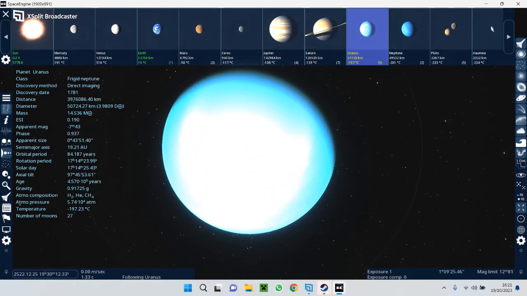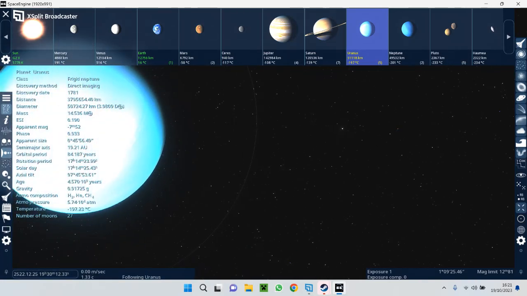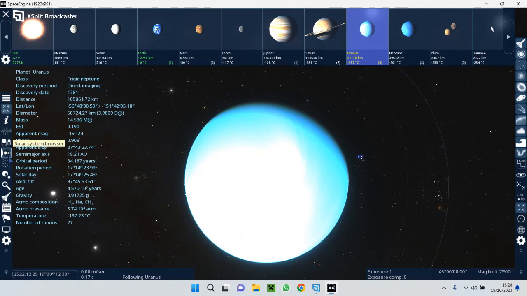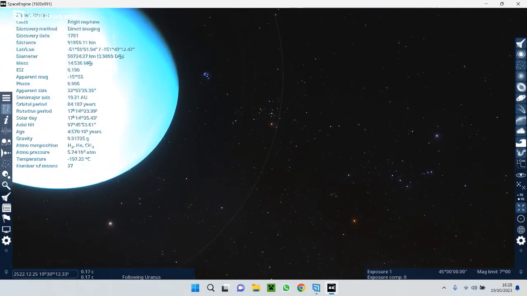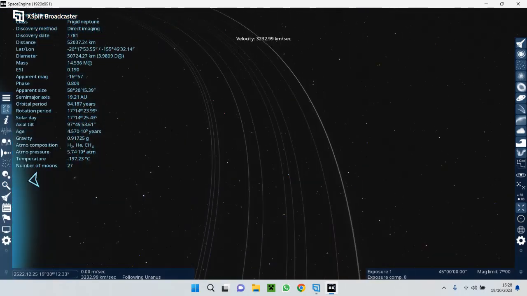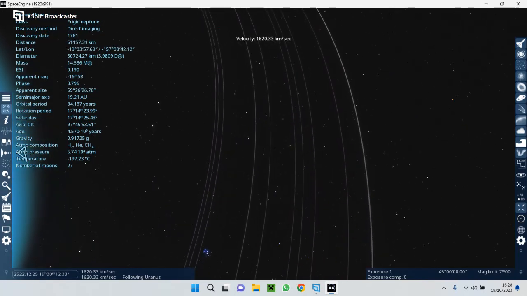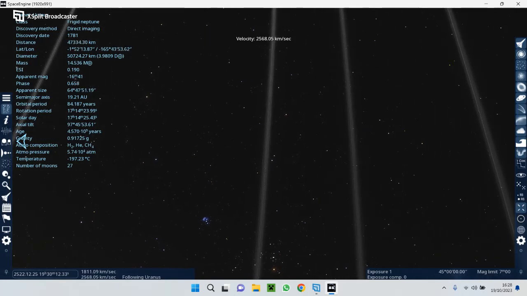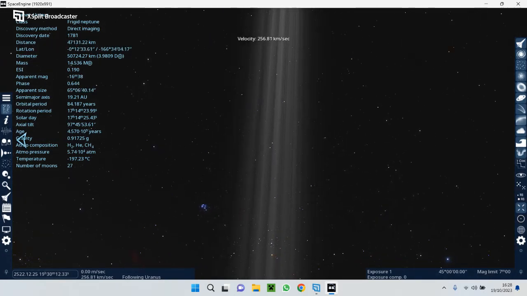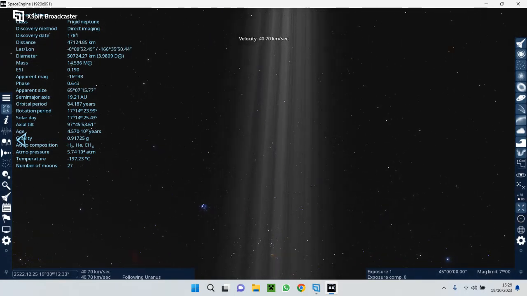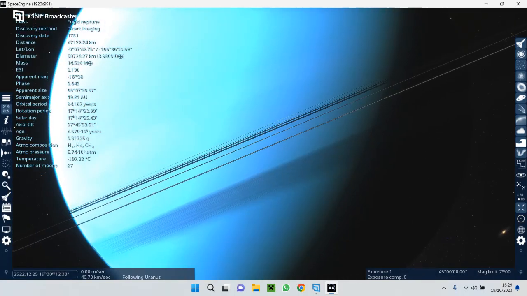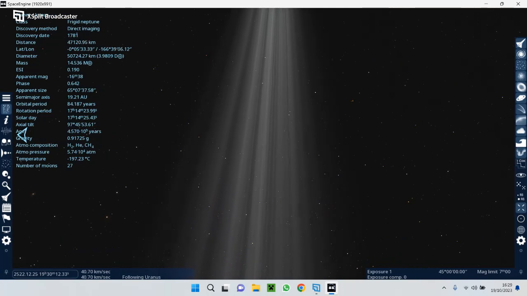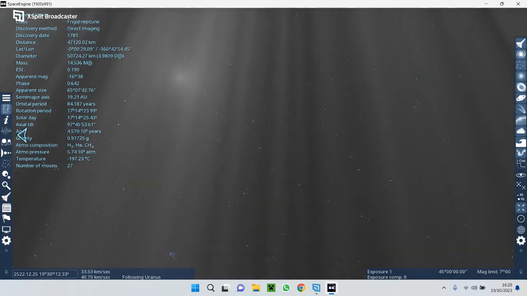Next planet. Zoom into Uranus's rings. Anyway, Uranus is the planet with the most rings in the solar system, because Saturn only has a few.